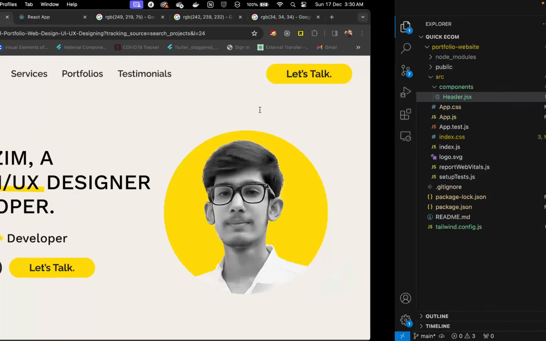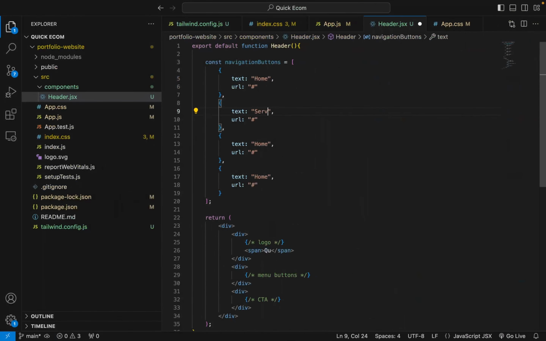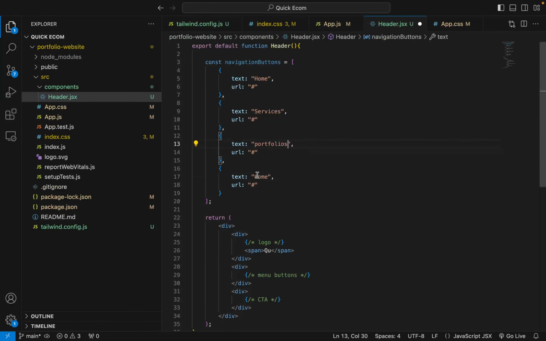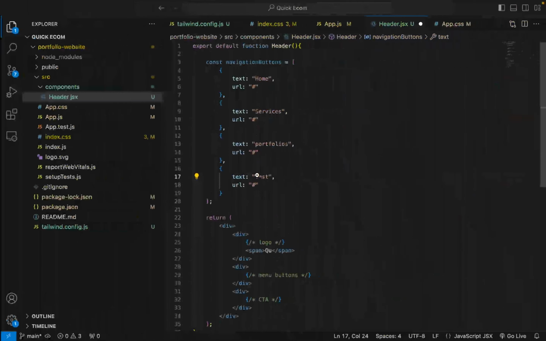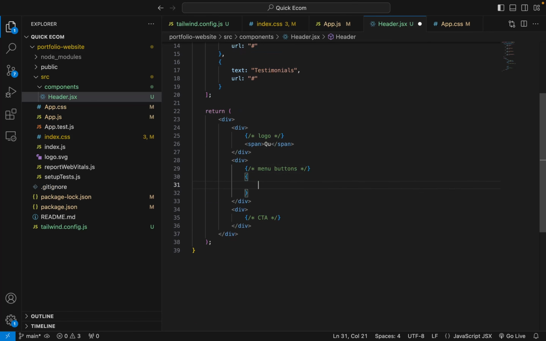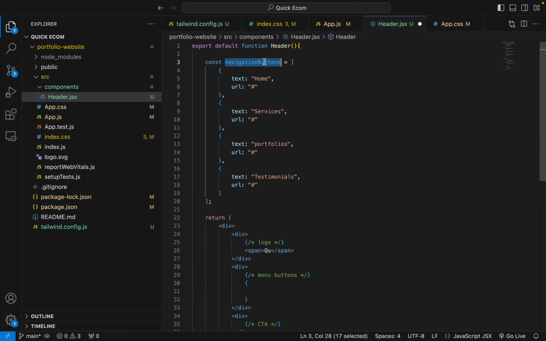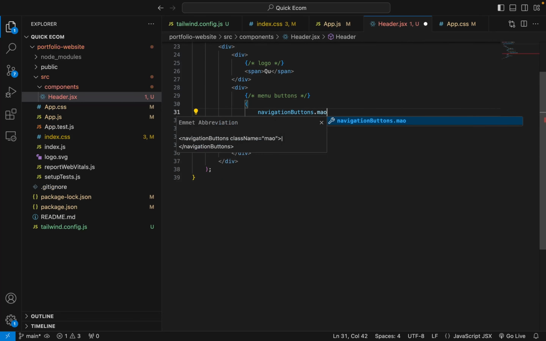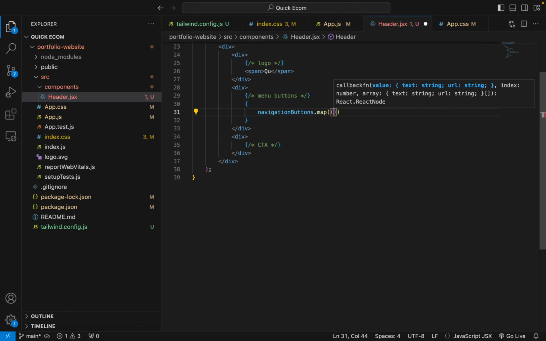Okay, second option is services, portfolio, and then testimonials. Okay, spelling, yes, fine. So for the menu buttons, I'll simply use a map. For instance, this was the thing, right? So let's paste it here, and I'll map, and I'll have two things, menu item and index,